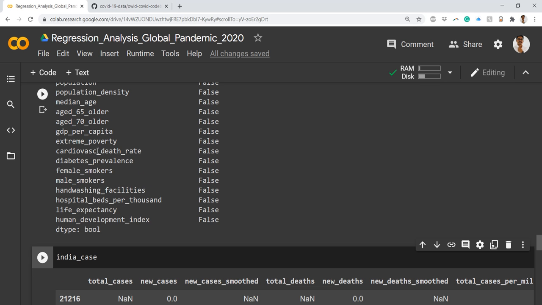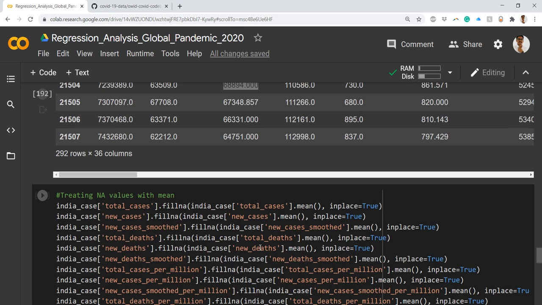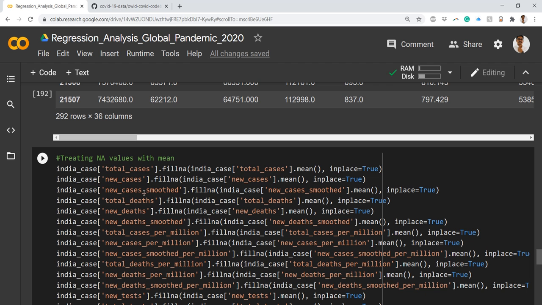If you consider the cardiovascular death rate, that does not contain any NA values, or diabetes prevalence, that does not contain any NA values. If NA values were present in those, then instead of the mean I would think of something else for treating them. But for these columns, I would say treating with the mean values would be a